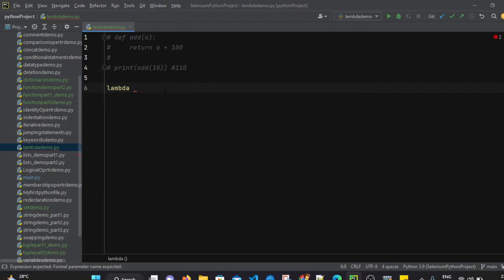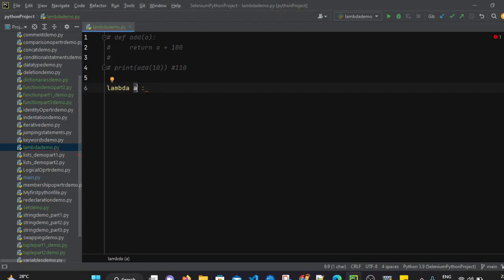After that we have to pass arguments, right? So we have to pass parameters or arguments. I am taking the example of passing a single parameter first. So let's pass a as a parameter. After that a colon, and we have to write an expression. The expression is basically the operation which will be performed on the parameter.